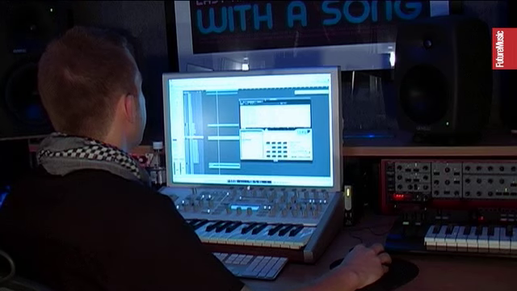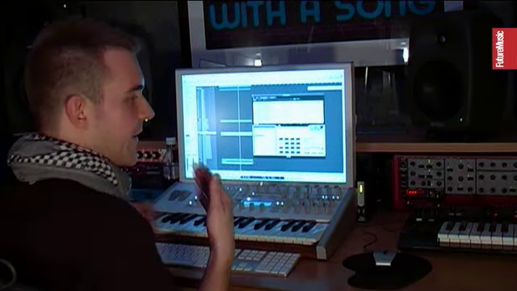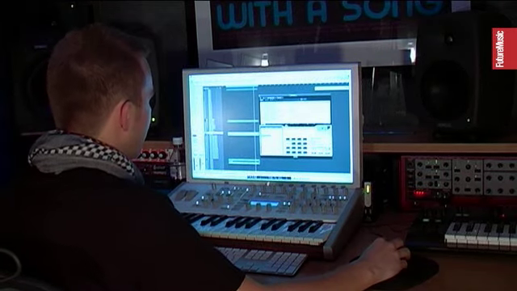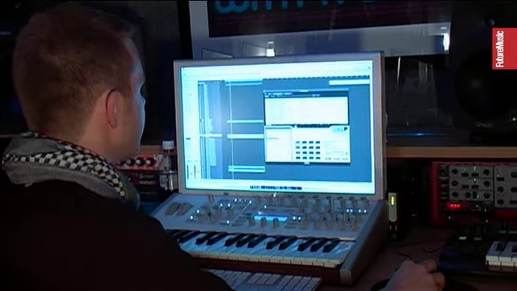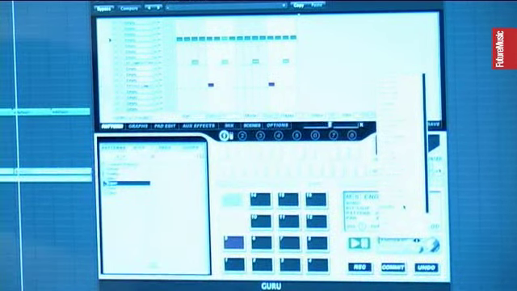One of the first tricks that people tend to get into is the whole repeating, minimal kind of instruments. They're very easy to get out of Guru. What you do is you just draw a 16th pattern. You want to make sure that I mentioned the grooves to you earlier that